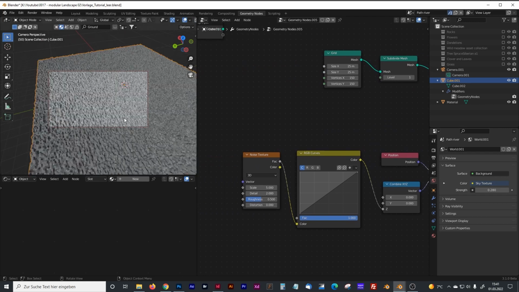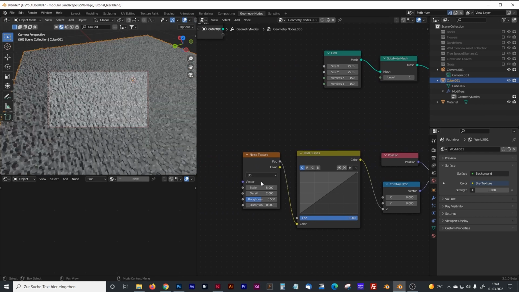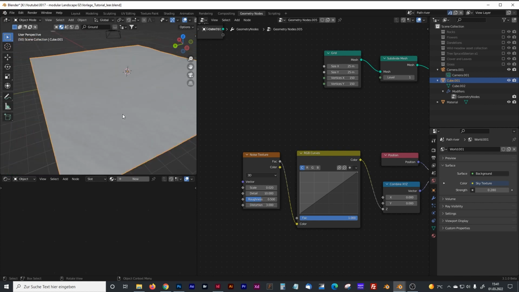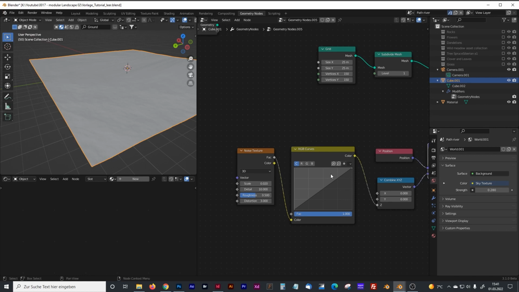And at the moment our scale is much too high. Maybe set it to 0.02. The details to maybe 10. Roughness you can leave at 0.5 and the distortion maybe to 3. And as you can see, there's already happening something, and now with the RGB curves you can control the landscape,